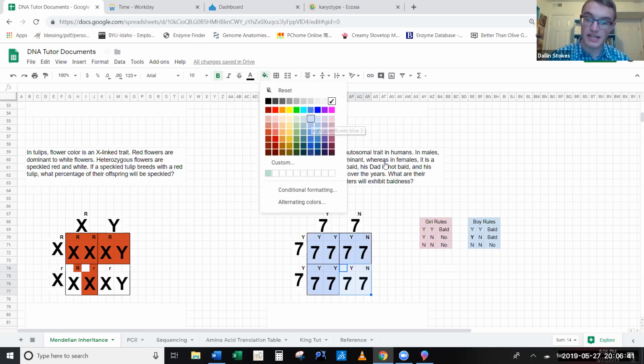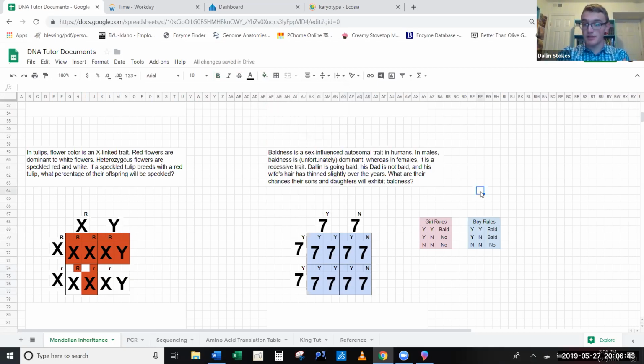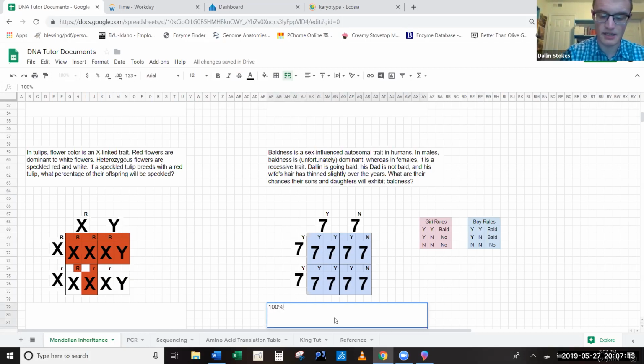So what percentage of my sons will be bald? 100%. You see how I got that? Because I don't have X and Y to worry about, all 4 squares apply to both genders. So I ran all 4 squares while focusing on just the boys' rules. And that told me that all 4 of the boy options result in a bald boy. Hence, 100% of boys will be bald. So let me write that down here. 100%